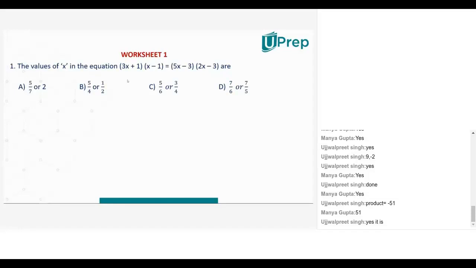Yes, sir. Shreya, is this quadratic? Means standard quadratic? No, sir. Visual says yes. Why is it yes? Yes, sir, it is yes, because after subtracting, we will get the x square term.